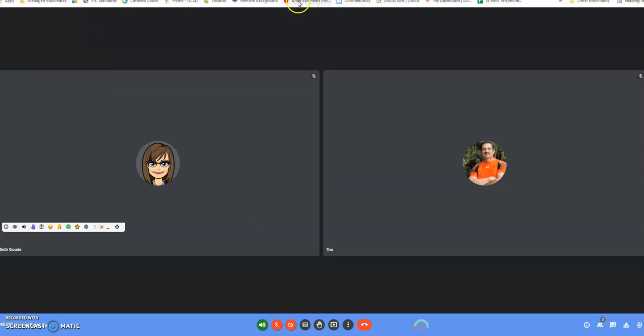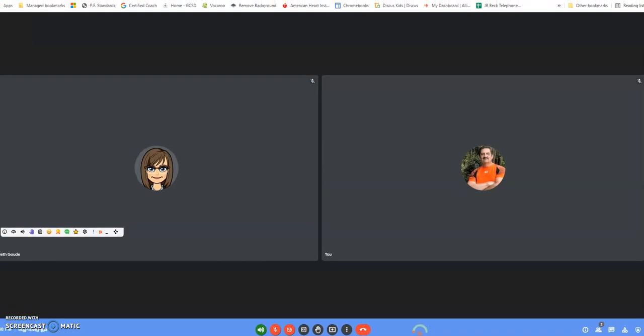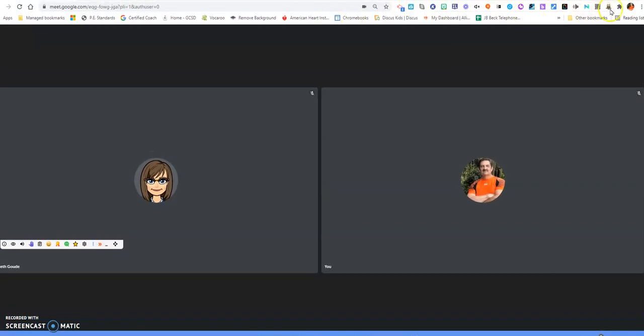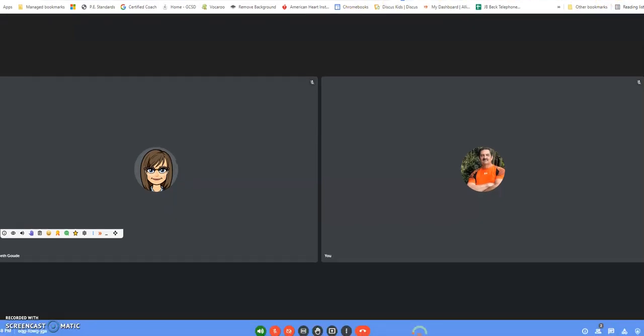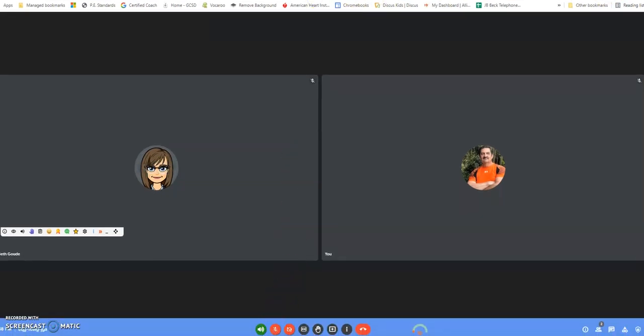But once I have gotten the Google Meet started, the extension, which is shown right here, will automatically turn on and start collecting the information. Now let me see if I can show you where the Chrome Web Store is, what it looks